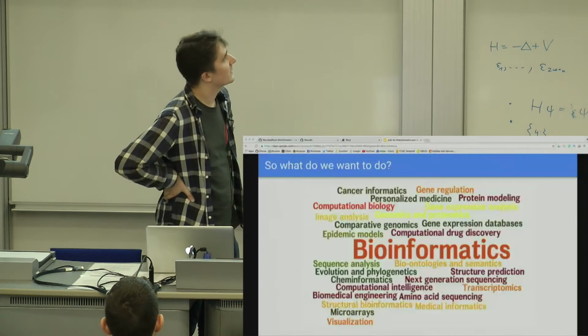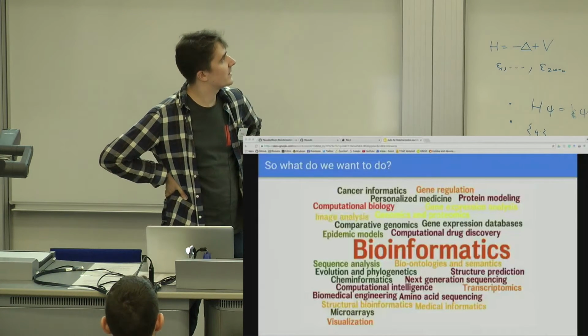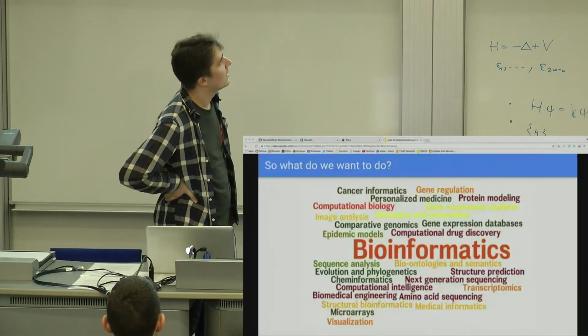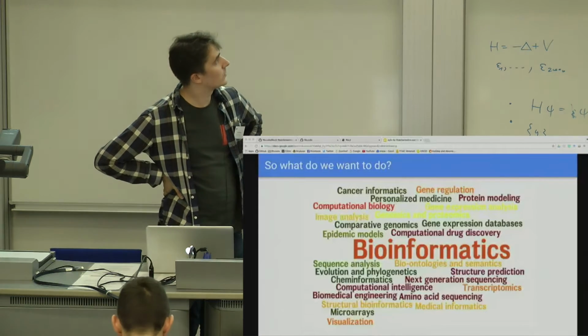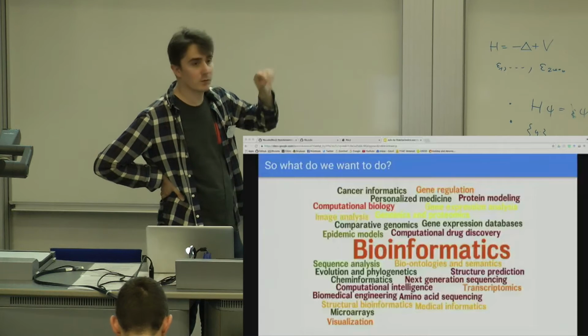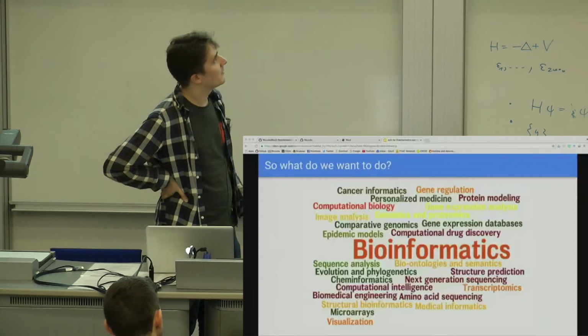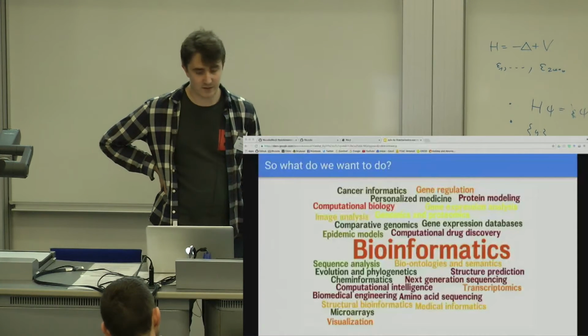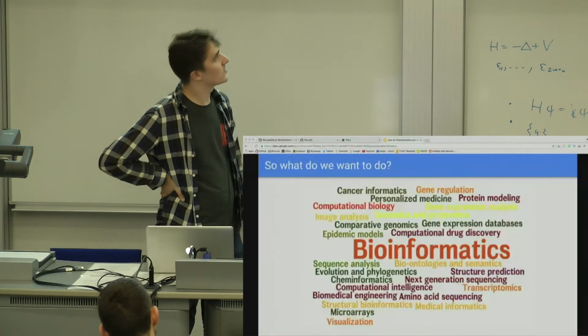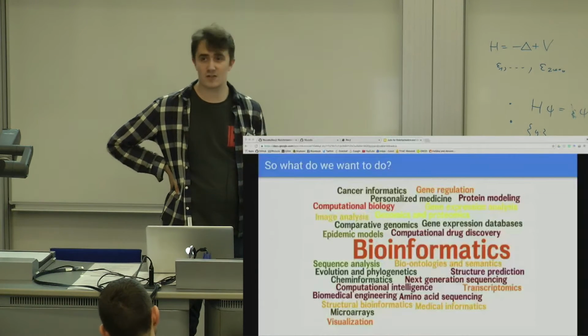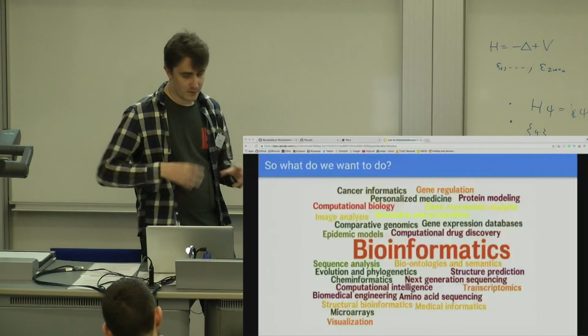Sequence analysis, evolution, and phylogenetics are the sort of things I might want to do. People interested in disease might want to construct epidemic models from data. Some people might want to do image analysis of microscope images. Computational biology often includes things like simulation of